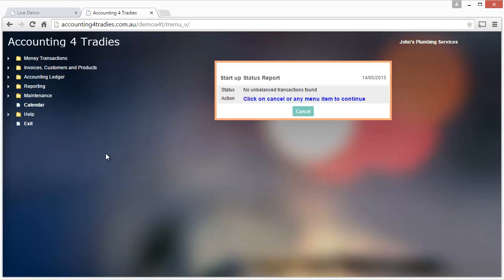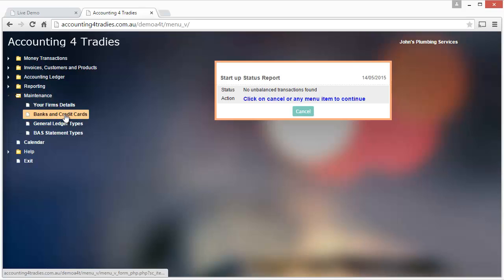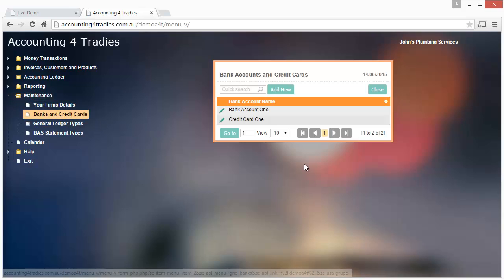Now there is one more step that you need to do before you proceed to enter any further information, and that's go to the Maintenance item and then Banks and Credit Cards. You'll note that we've already added one bank account and one credit card account already. You can add more if you wish, and there will be a tutorial on the General Ledger codes and banks shortly, but all you need to do